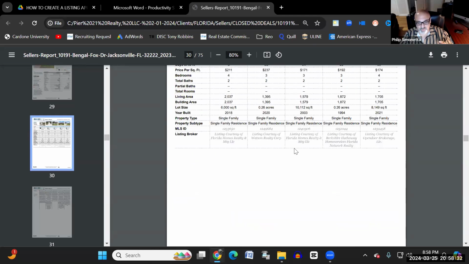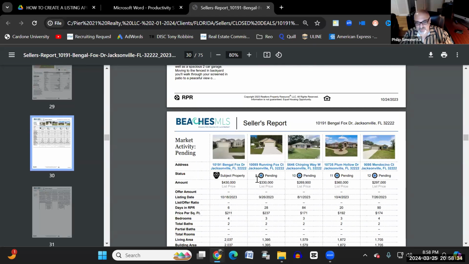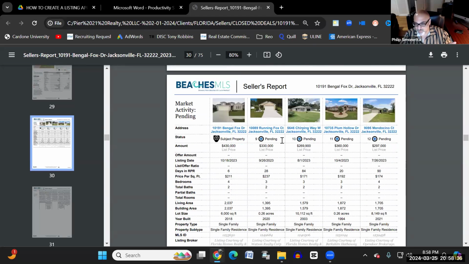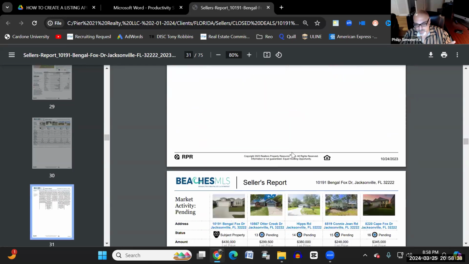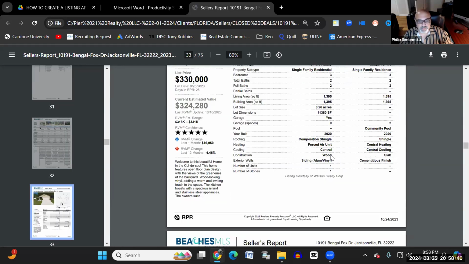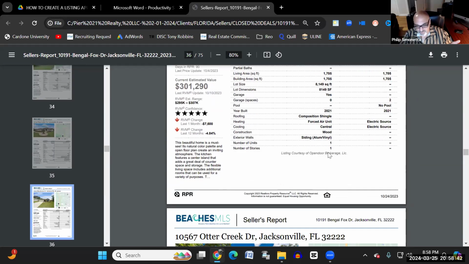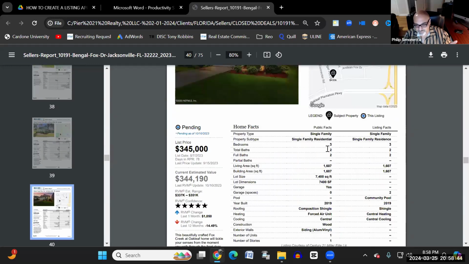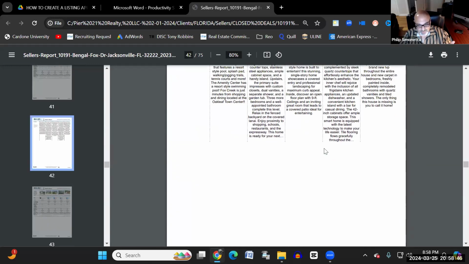Okay. Here's all the ones pending. These are all under contract. We don't know how much, but they're all pending. See? There's one page for each one. There's all the houses that are pending. There's all the ones that are